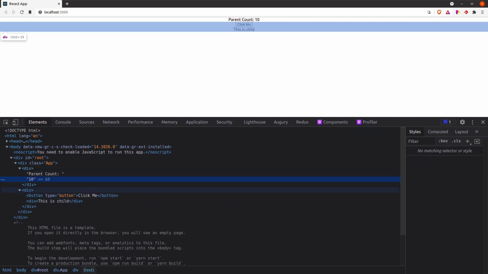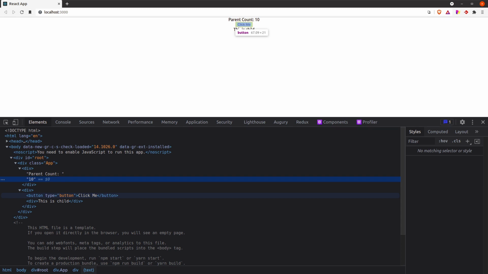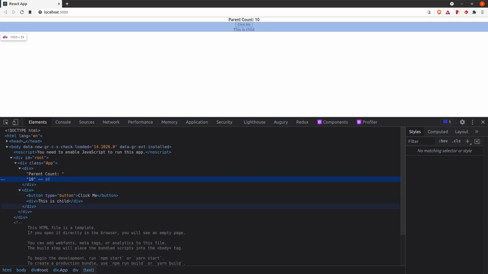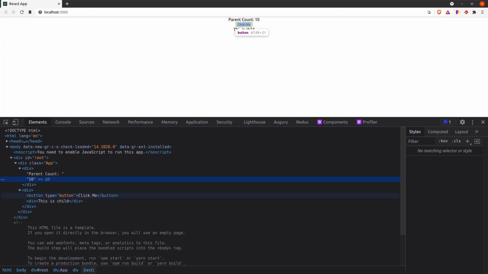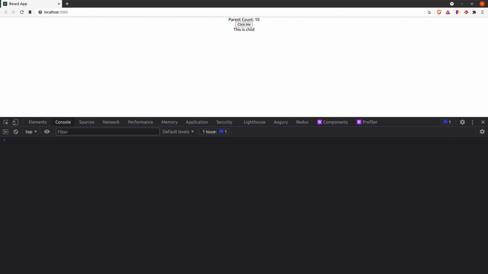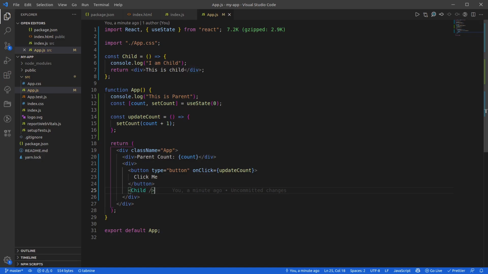My child is also there. It is also getting re-rendered, but it is not actually doing the commit phase. It is not actually updating the value in my DOM. So that is the most important and interesting point that you should know. Now, we can't say that this child is re-rendering and this is a costly component. No, this re-render is not costly, but still it is an unnecessary re-render. Now the question is how we can actually prevent this re-rendering.